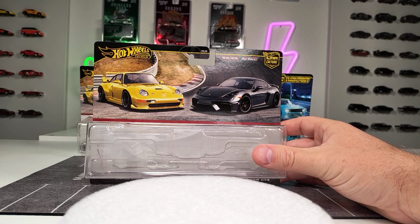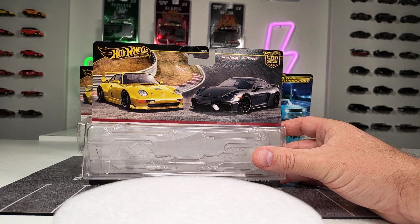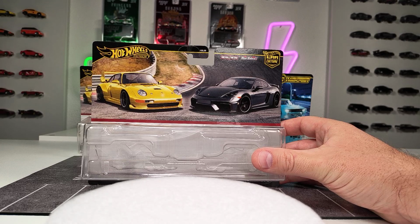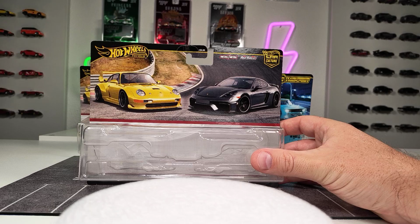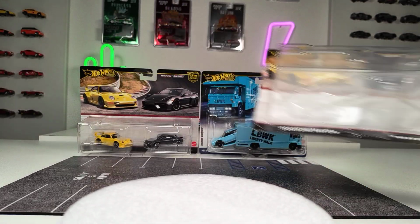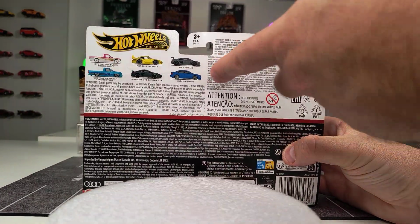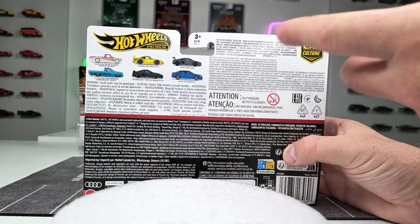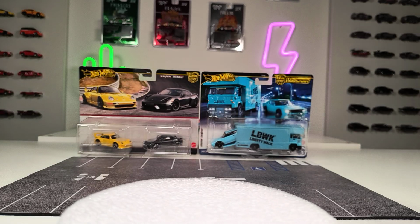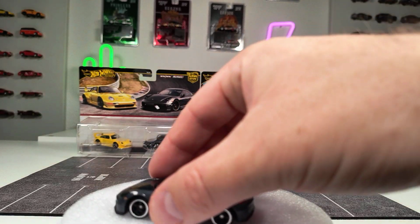On the left side, we have the Porsche 993 GT2 in yellow, and on the right side the Porsche 718 Cayman GT4 in there, kind of a gray card art. Nothing too fancy. We see a little bit of a racetrack in the background. This is the backside of the packaging. As you can see, the other sets are these 2 Audis and these 2 pickups, but I was only after this set. So let's put this to the side and take a look at our first model,